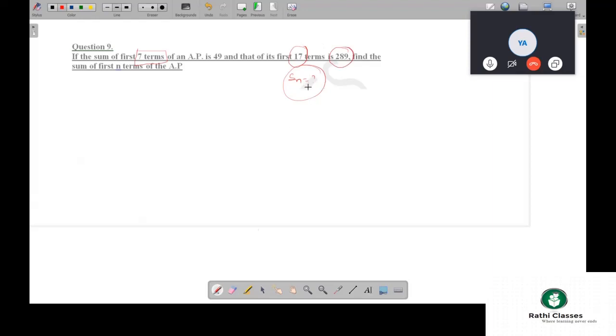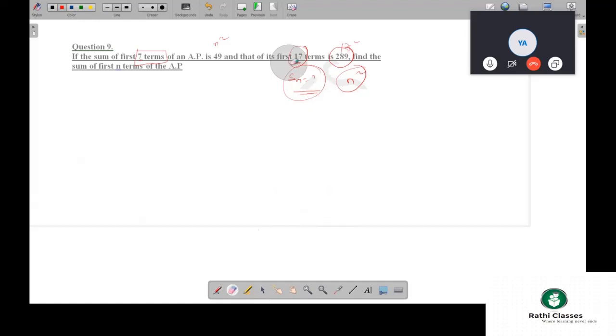In general, if it is n terms, suppose I say for one term, two terms, three terms, that you need to find. That means the answer should be in terms of n, right? See, I can directly say the answer. 7 implies n square, 7 square is 49. For 17, it is 17 square, 289. For Sn, it will be n square. If this were an MCQ, it would be an observation. Normal approach we will be solving now.